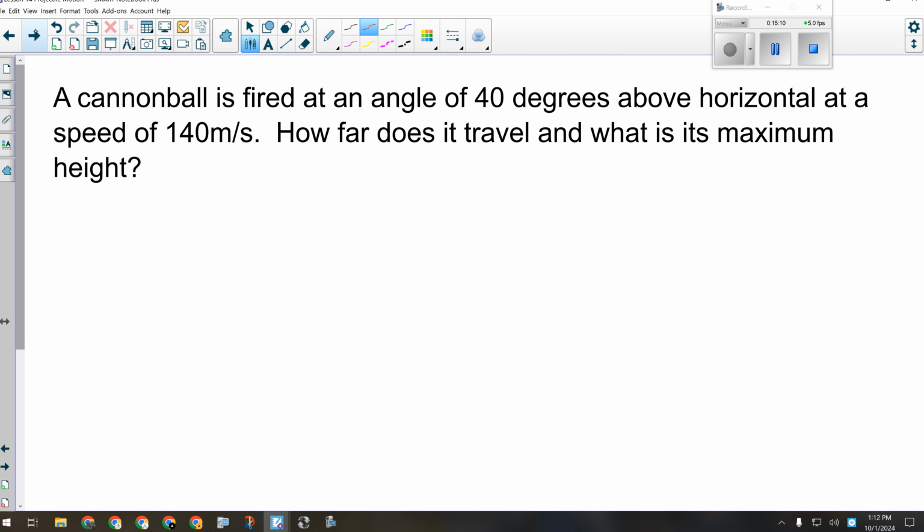Okay, this is basically the same question. It's not a car, it's a cannonball. See if you guys can solve it. You can look back at the last example and see what you did in the last example. I'm going to give you a few minutes to work on that and see how you do with it. All right, so we got a cannonball, and it's fired 40 degrees